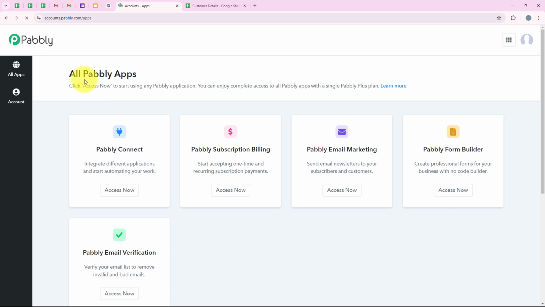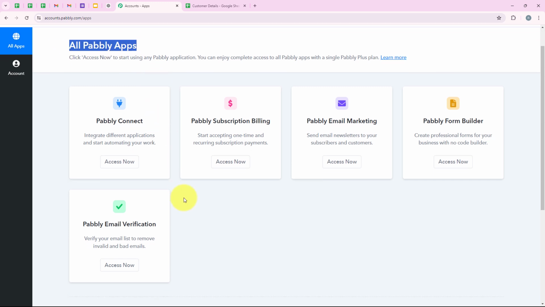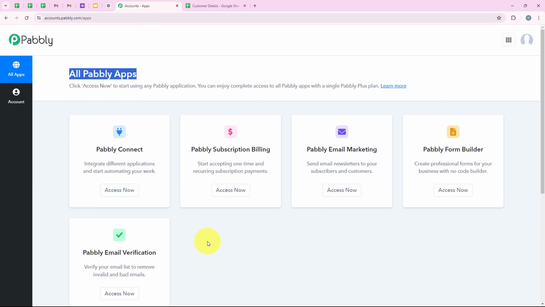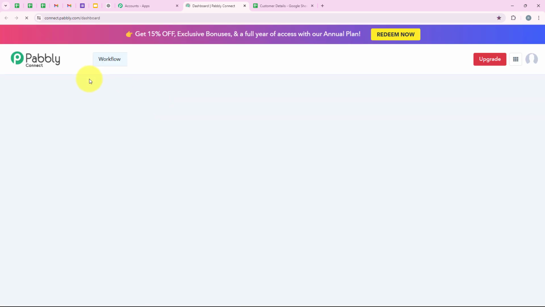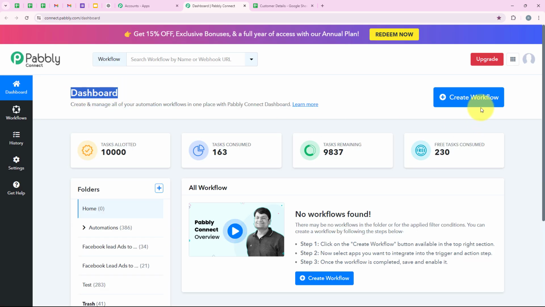And now it is opening all Pabbly apps. Over here you can see all the tools and applications offered by Pabbly. But in today's video we are going to use Pabbly Connect because we are connecting different applications. So we are going to click on access now right over here to access our Pabbly Connect account. And now it is opening my dashboard, and to start with the automation we are going to click on this